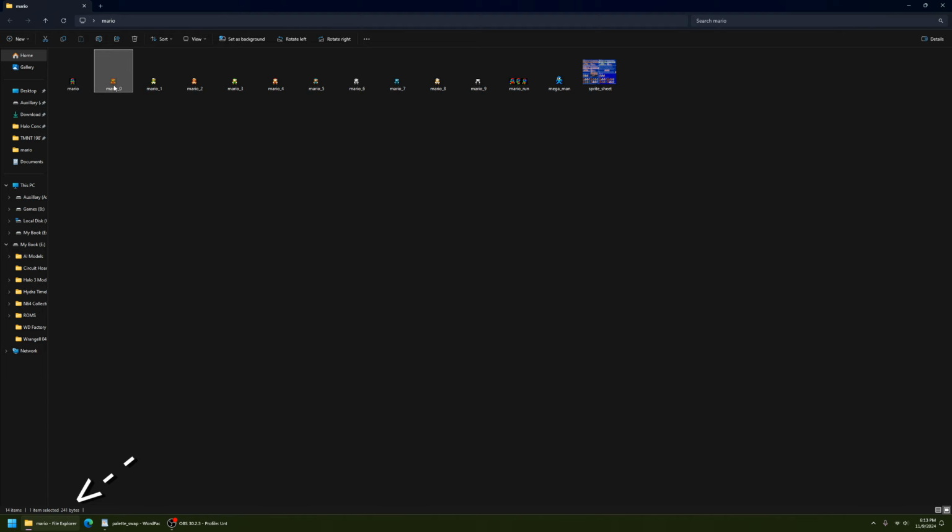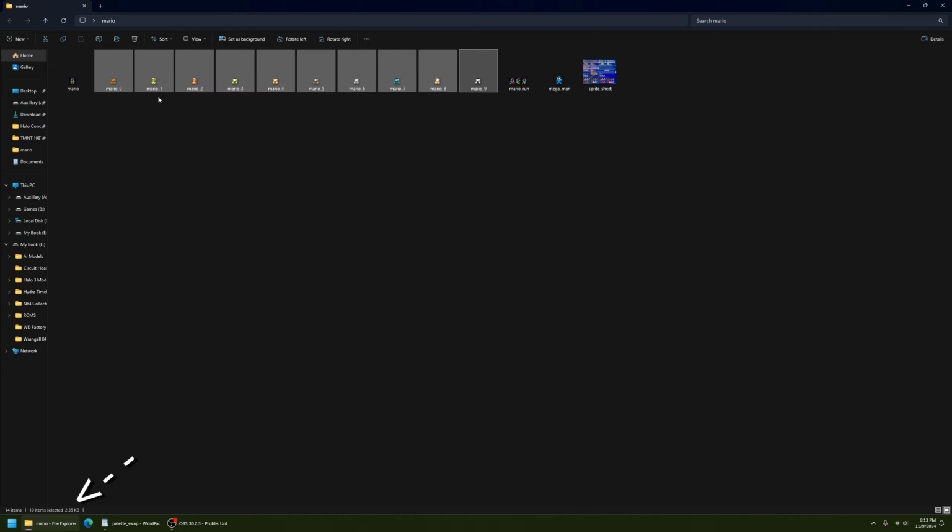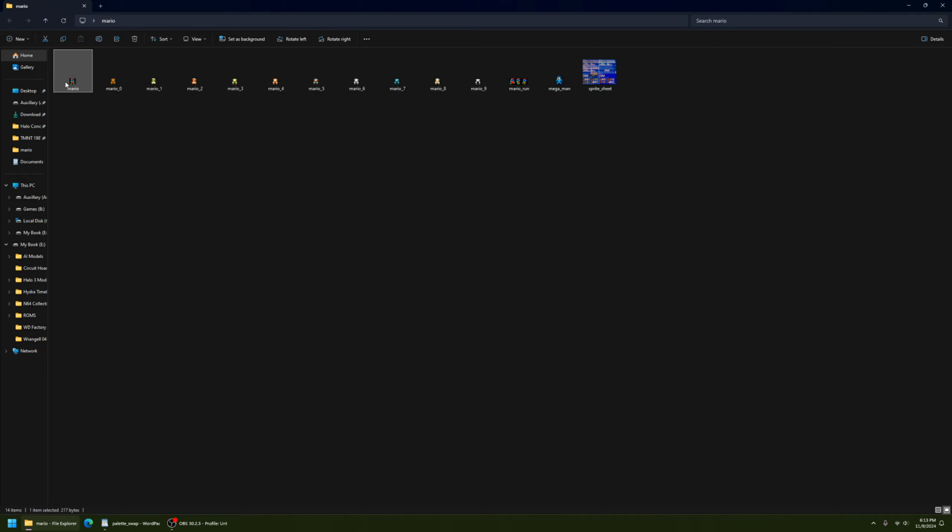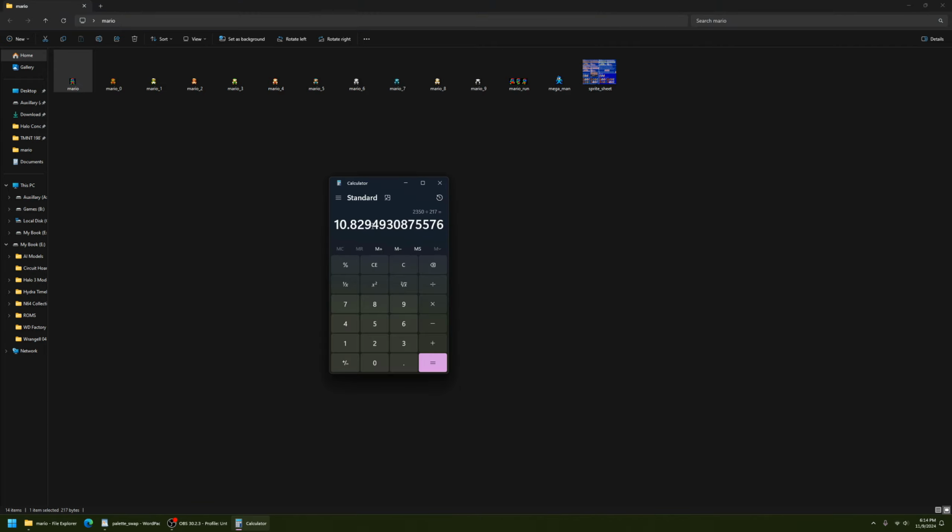But also if we take a look here at all 10 of these sprites, you can see just one frame of animation for all possible palettes of Mario adds up to 2.35 kilobytes, which is a lot considering we really only need 217 bytes for just this sprite. And if we do the math here, you can see that we're saving around 11 times the storage